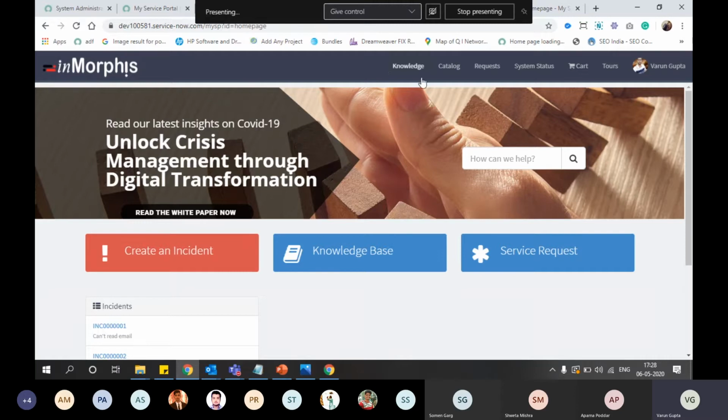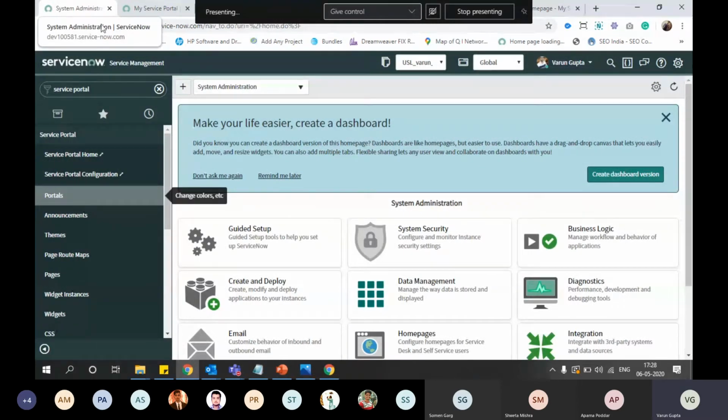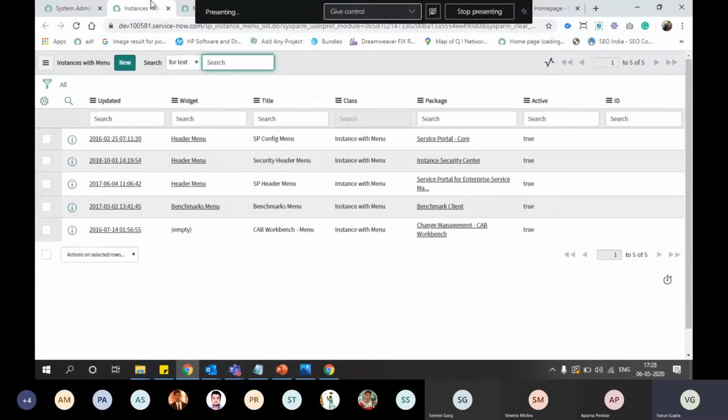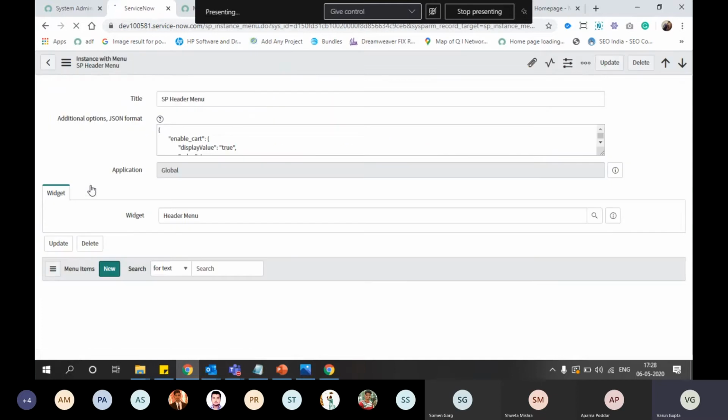Okay, moving further. There are some requirements from customers. Some of our customers do not use cart, so we will disable this cart option. Go to the service portal module and menus. This is the SP header menu, which we are using in our portal. This is an out of the box menu. Open this record.